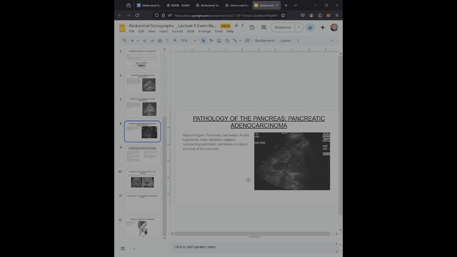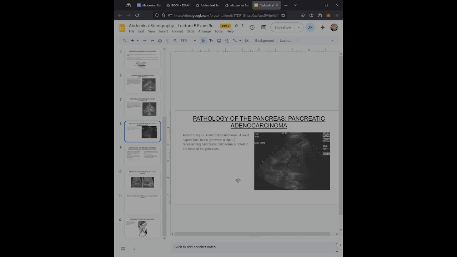So sonographically, the most common appearance is a hypoechoic mass in the head of the pancreas. An obstruction of both the common bile duct and the pancreatic duct may be present, and we call this the double duct sign. The liver and other abdominal organs should be evaluated for possible metastases,